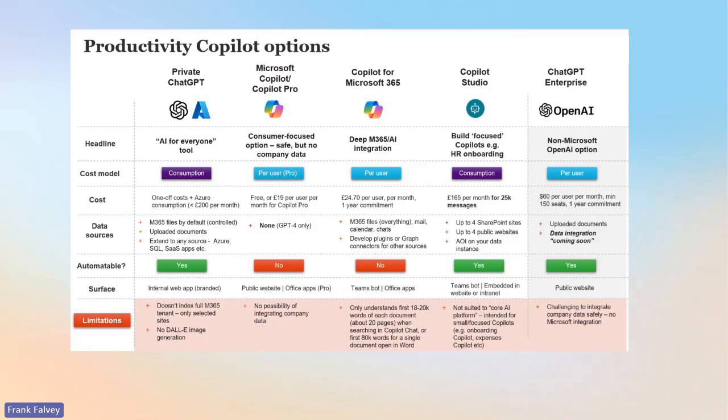So it's not suited to core AI platforms, right? It's intended for small focused copilots, like the examples I used there, onboarding copilot and expense copilot, etc. So we'll just move on, and if we have questions, we'll come back to this one later.